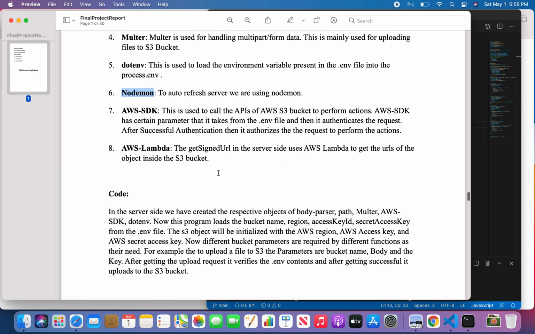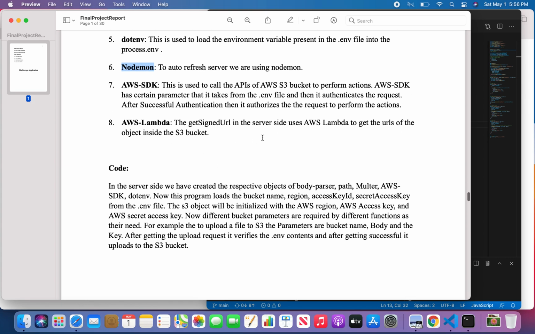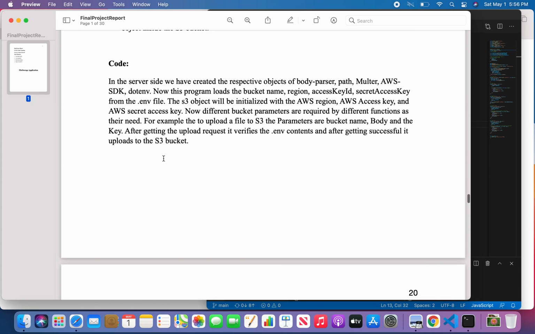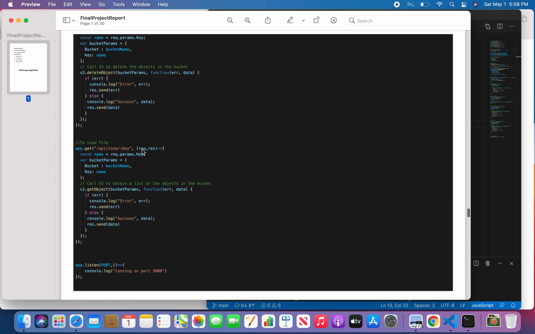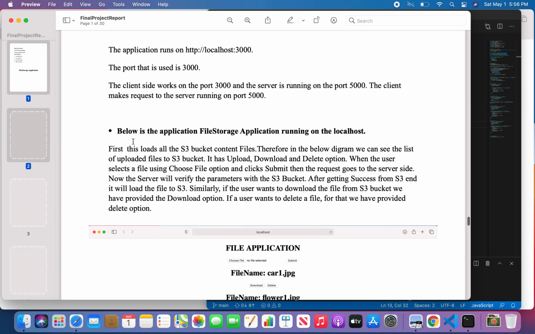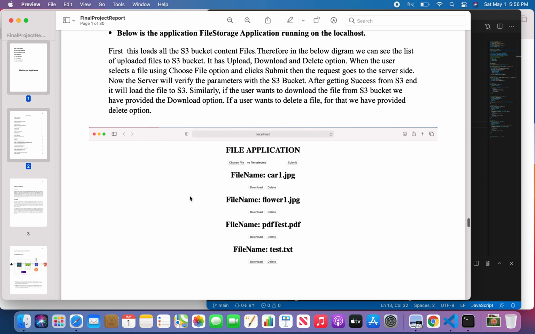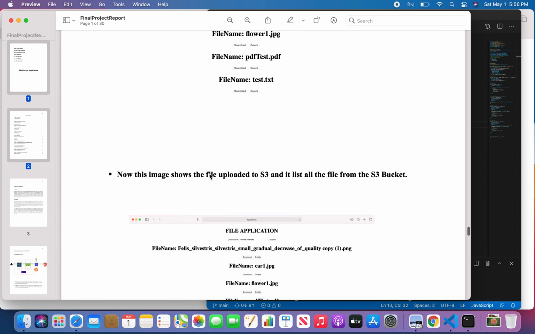And we're using AWS to get a signed URL on the server side, so we get the object URL that way. I already explained this also. Now I showed you how to run my app locally.